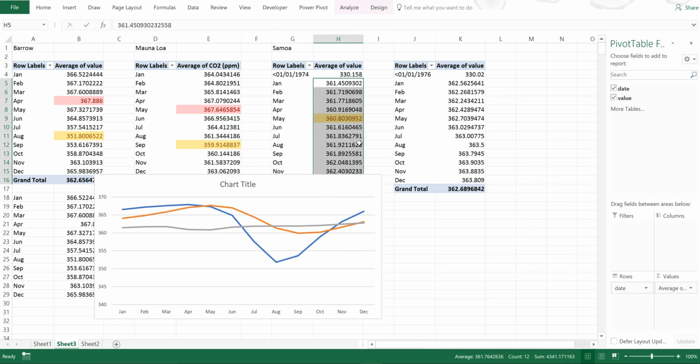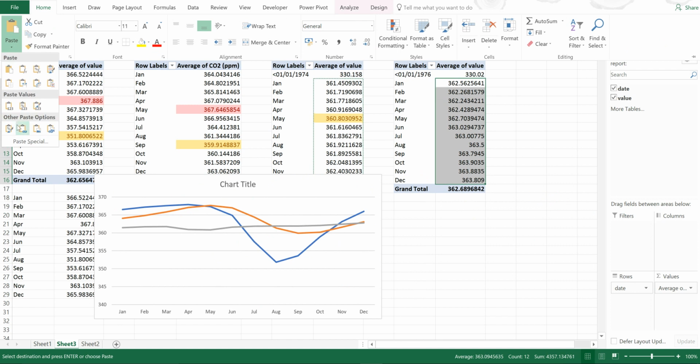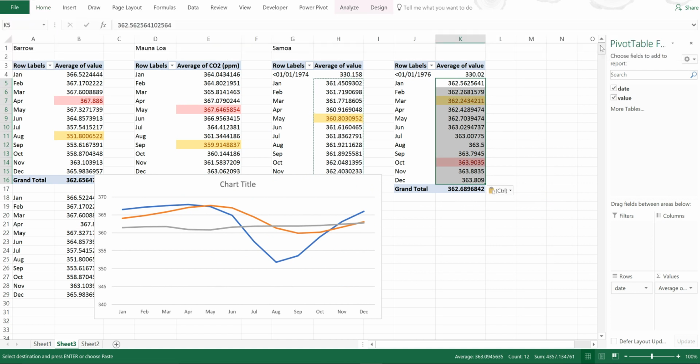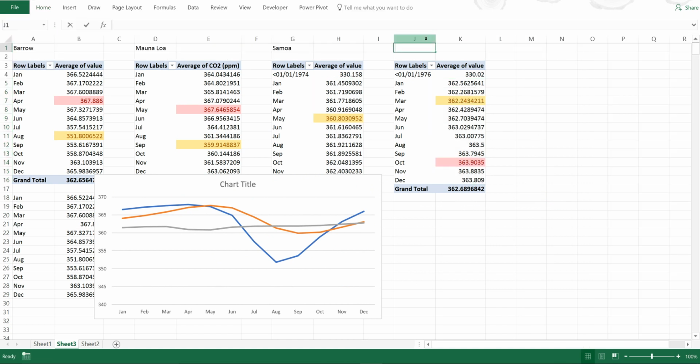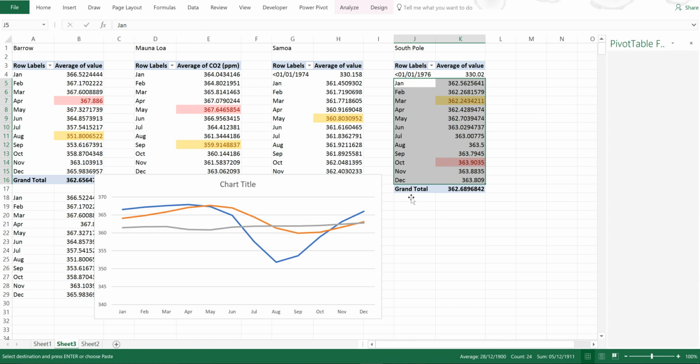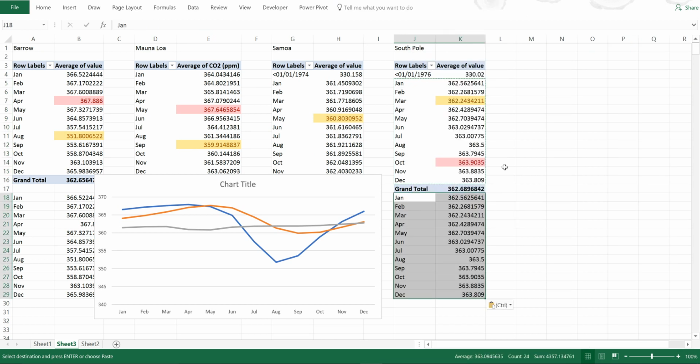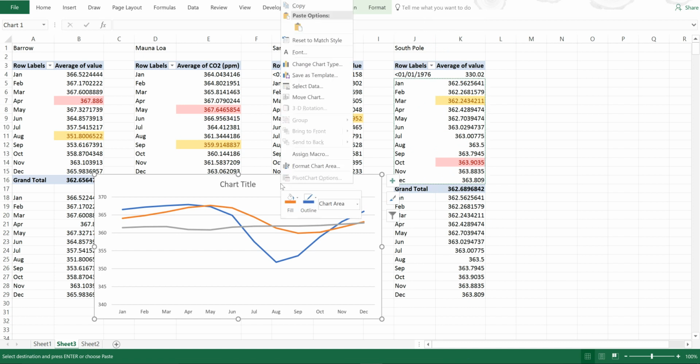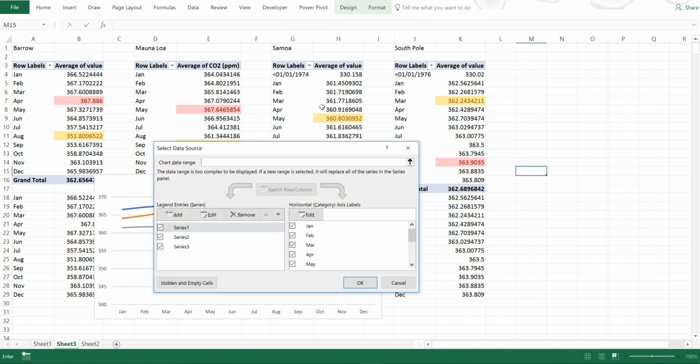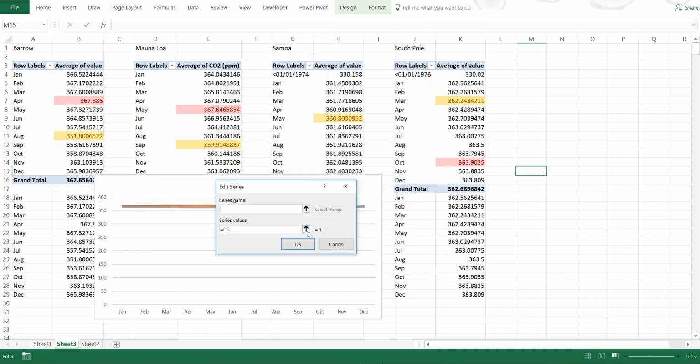Then I will copy and paste the formatting. And I'm going to call this South Pole. Then I'm going to copy and paste these as values again. Then I'm going to select data and add in the South Pole data,